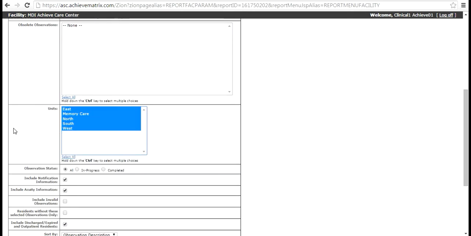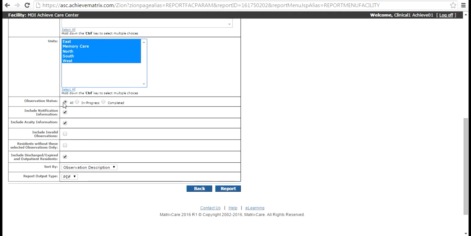I could pick my entire unit. Observation status, I want to see all of them. Include notification information, include acuity, include invalid observations. I have that option. Residents without these selected observations only. So right here, I could just see the residents who did not have a weekly summary done for them in the past 7 days. Include discharge, expired and outpatient residents. You could include that or take it away, either way. And if I were to click report,